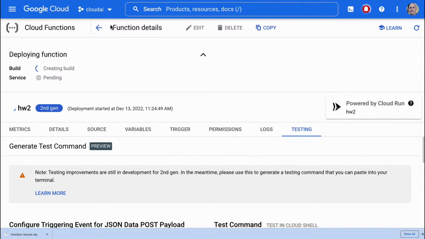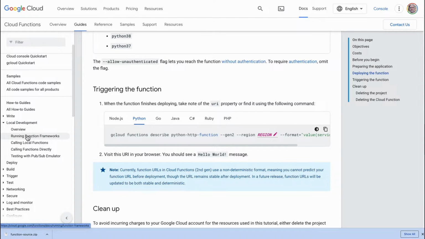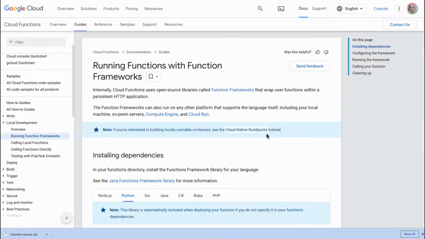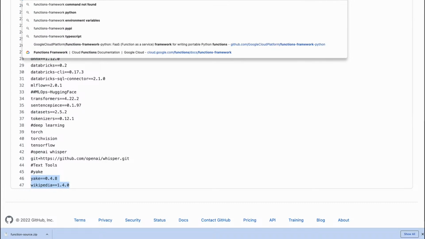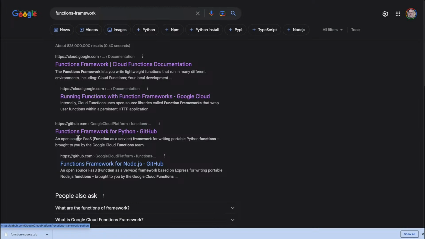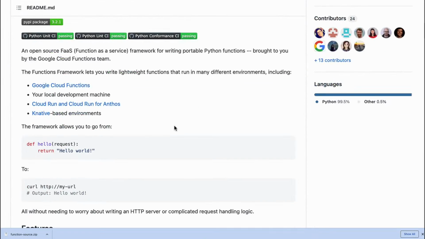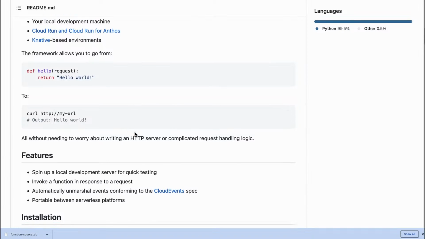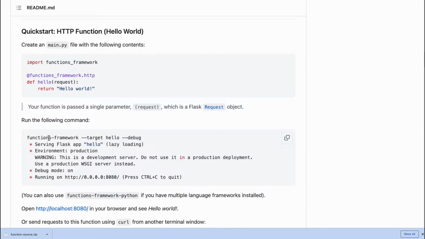So while that's deploying, I could just really quickly try to run that other command here. I know for sure I could look at the documentation, it would be nice if they showed me the documentation in GitHub, and that's what I'm going to try to find out real quick. Here we go. So we've got Cloud Functions Framework Python. This is what I'm caring about. So okay, we do this. It says this. Quick start. So here's a hello world. Oh, so create a main.py file with the following content.